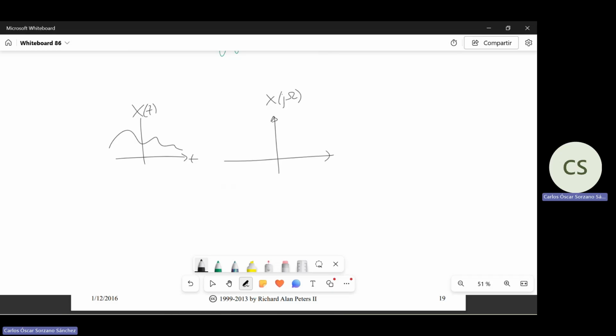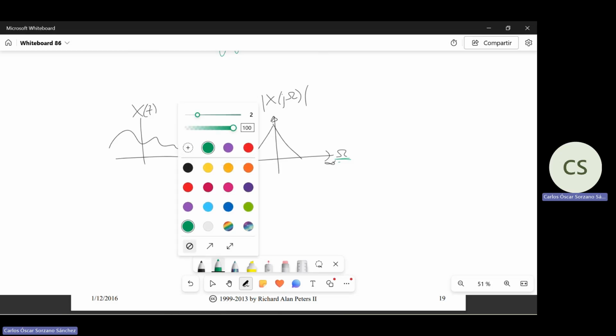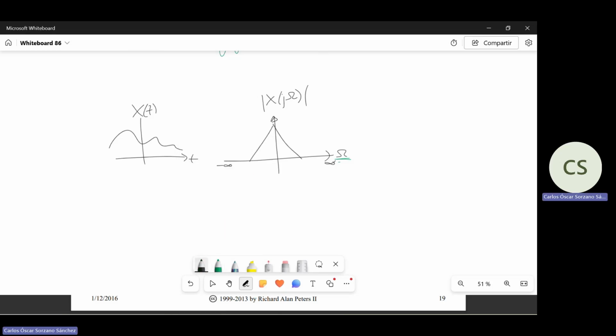This goes in the Fourier transform from minus infinity to infinity, and here the same. t goes from minus infinity to infinity, and you have some spectrum. We normally represent it like this, right? These kinds of representations you are used to. The important thing here is that this one goes to infinity. So if x is continuous and non-periodic,